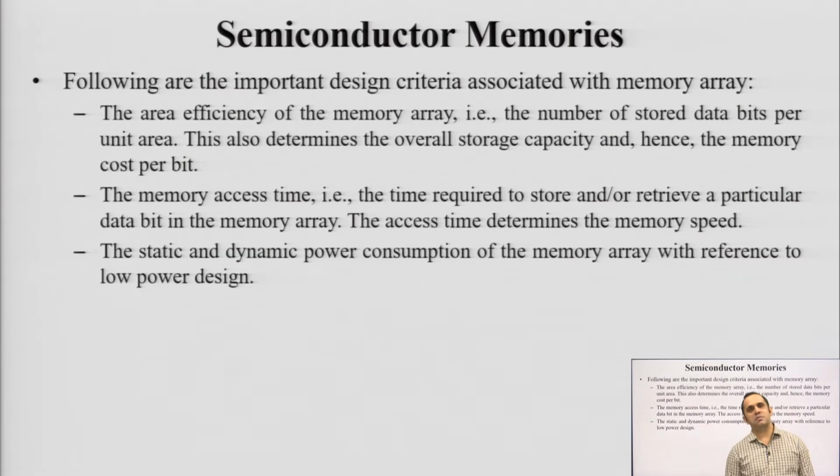Another is what is known as the memory access time, that is the time it takes to store and or retrieve a particular data in the array. Okay. These two operations, the first is known as write operation where you are storing the data, and second, when you are retrieving the data, that is known as read operation. Write and read can be done separately or they can be done simultaneously. They can be done on the same memory location, they can be done simultaneously on multiple memory locations also. Okay. So, this access time basically determines the speed of memory. Okay. That is a very important and a very